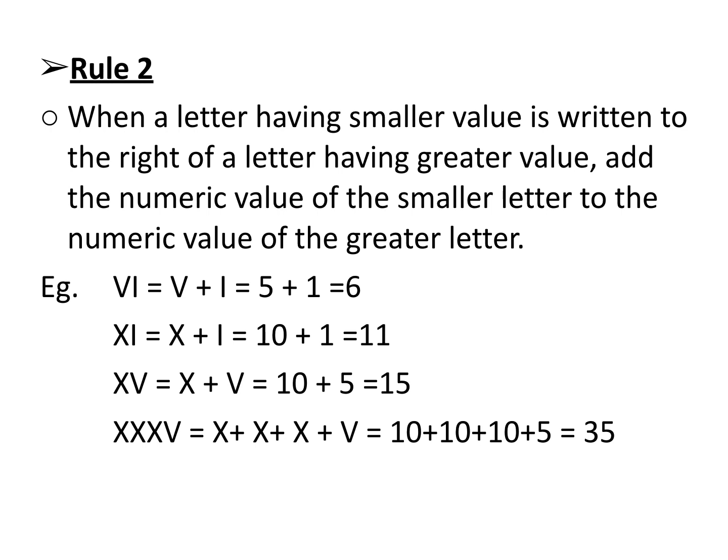Okay, that means 5 plus 1. V plus I, that is 5 plus 1. What is 5 plus 1? 6. So VI is representing 6. And here you see XI, that is X plus I, that is 10 plus 1, 11. Then XV, that is 10 plus 5, 15. Here you see 3 times X then V, that means 10 plus 10 plus 10 plus 5. The number is 35. That is the rule.